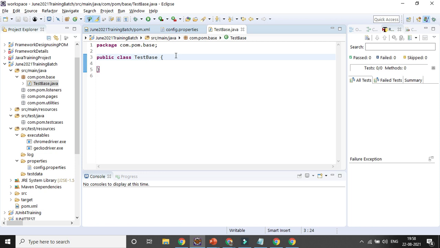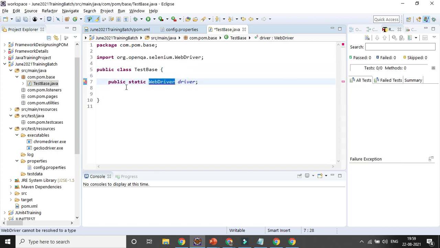So in the base class you can define some global variables, right. You need to remember whenever it's a framework, we will be defining some global variables. Suppose the first one will be public static. I already mentioned we can declare static so that there is no need to create an object or instance for that class. You can directly access that one, right. So public static, the first one will be defining the variable called WebDriver. We need to import it, WebDriver.